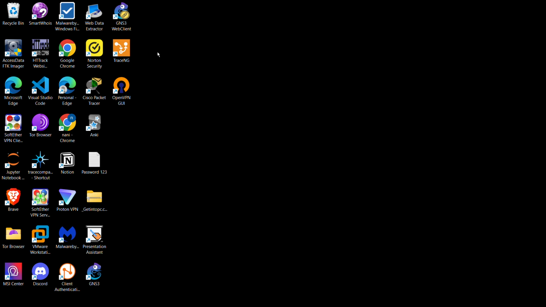Hi all, this is our third lab on Road to CCNA, and today we are going to learn about OSPF, or Open Shortest Path First. Yesterday we saw static routing. In static routing, what we have done is